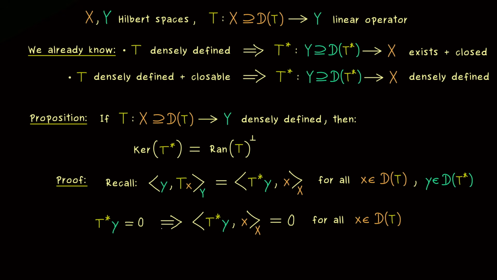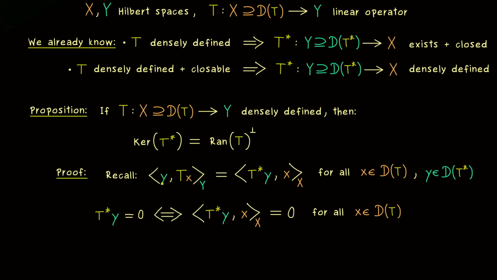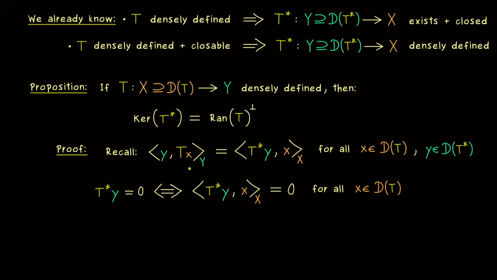This means that we also get the other implication here, because if this inner product is equal to 0 for all x in the domain of T, this vector here has to be the 0 vector. Okay, so this is very nice, and now we can use our equality from above to go to the left hand side. Hence we can just write that the inner product ⟨y, Tx⟩ is equal to 0 for all x in